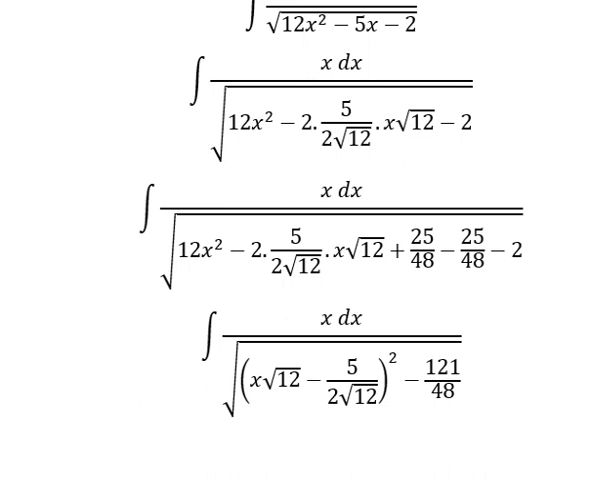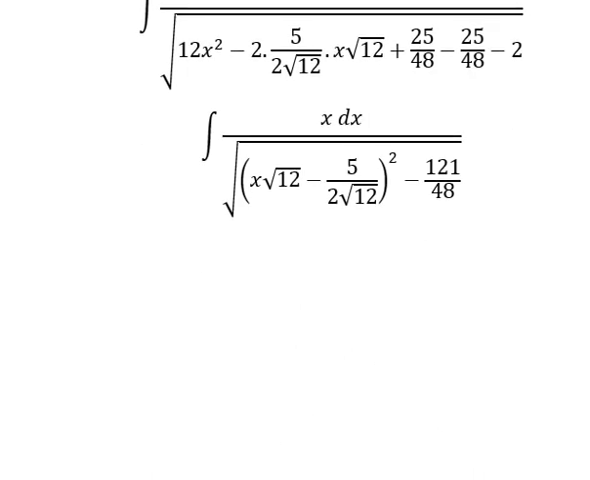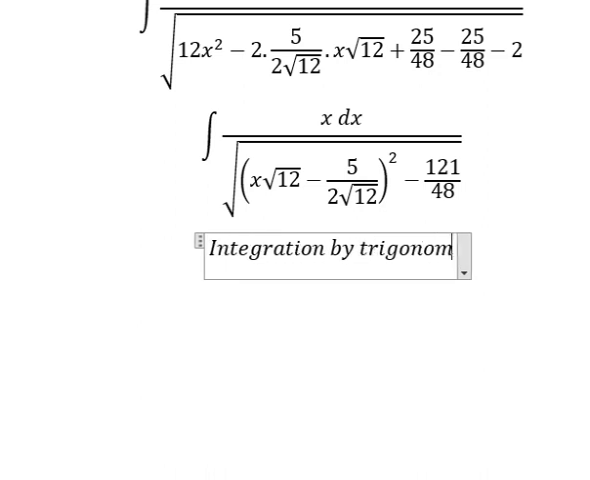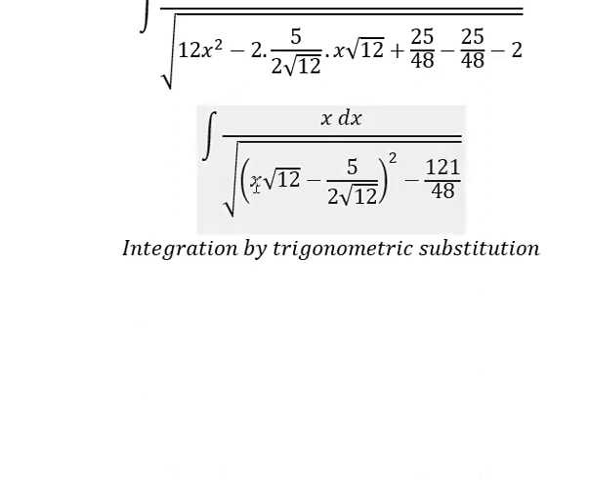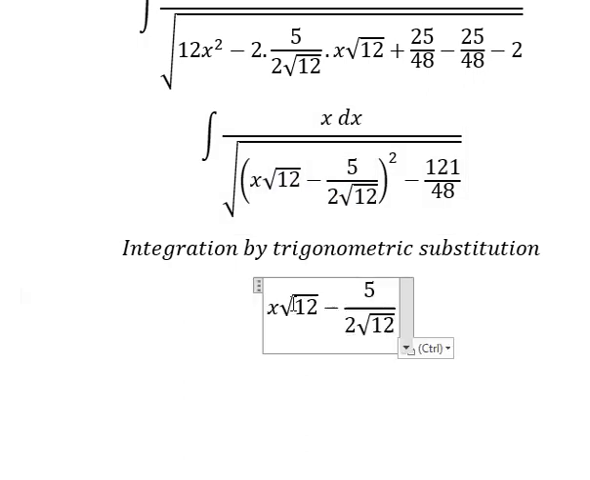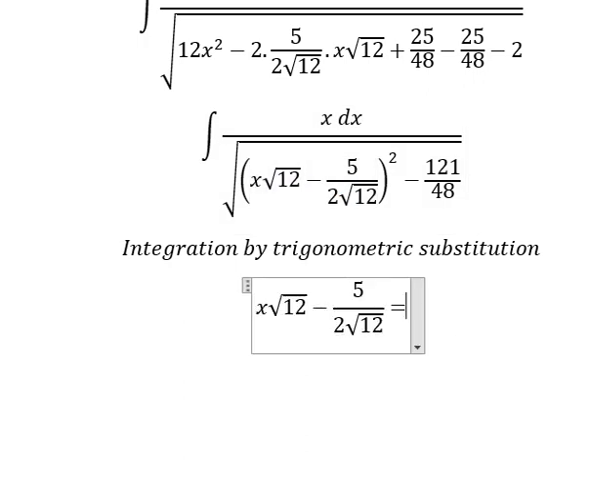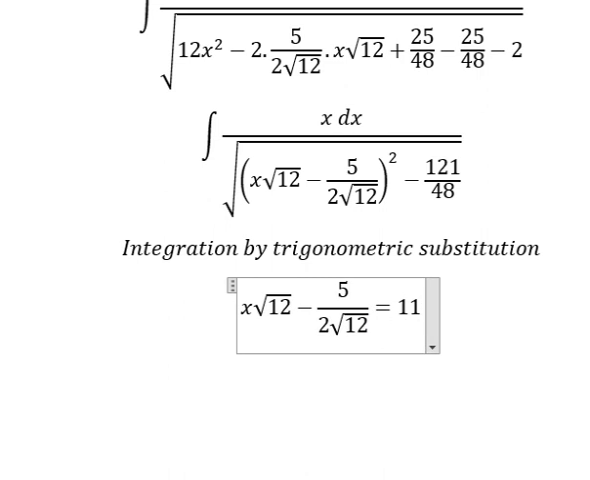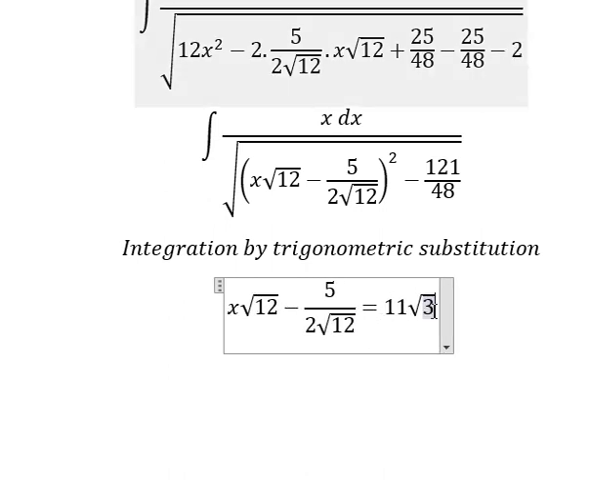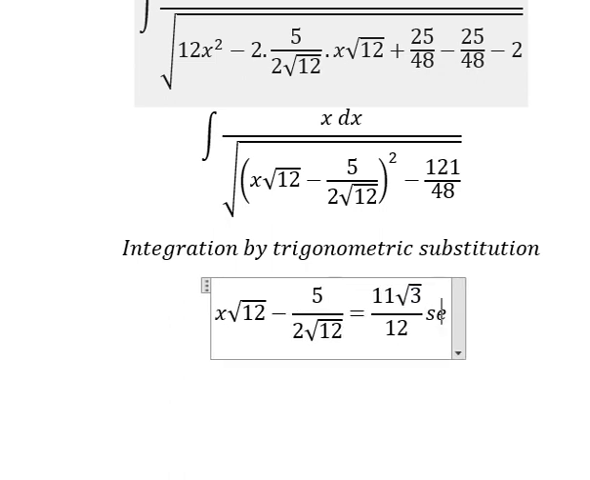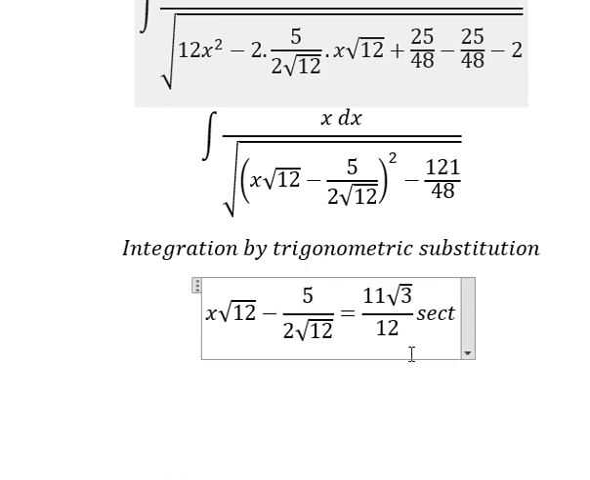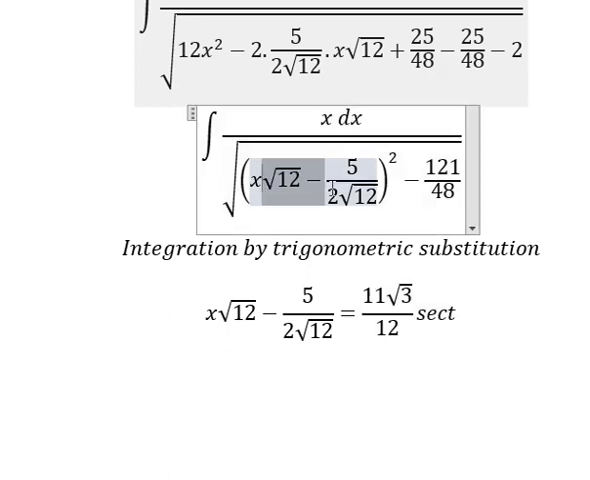And now we can use integration by trigonometric substitution. So I will put this one equals to 11 with the square root of number 3 over number 12, and I will choose about secant of t, because if I put this one gone here, we